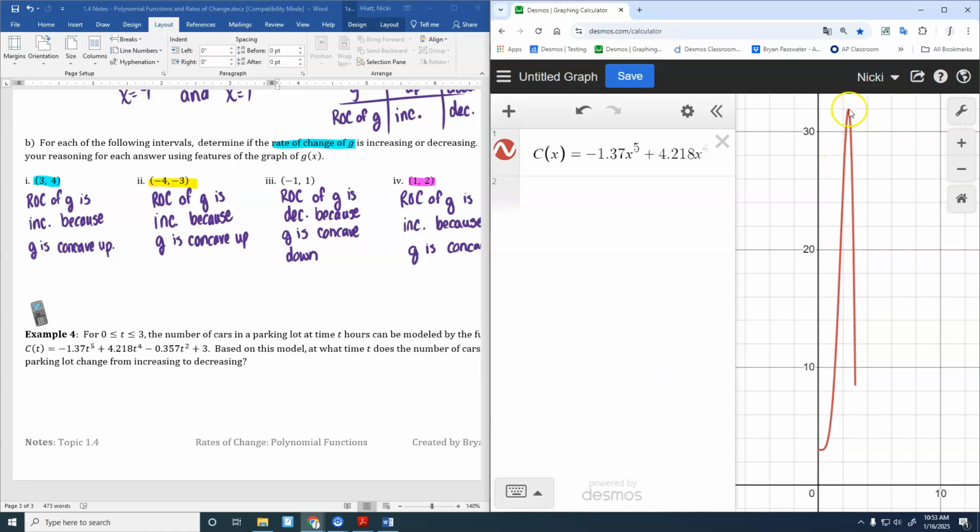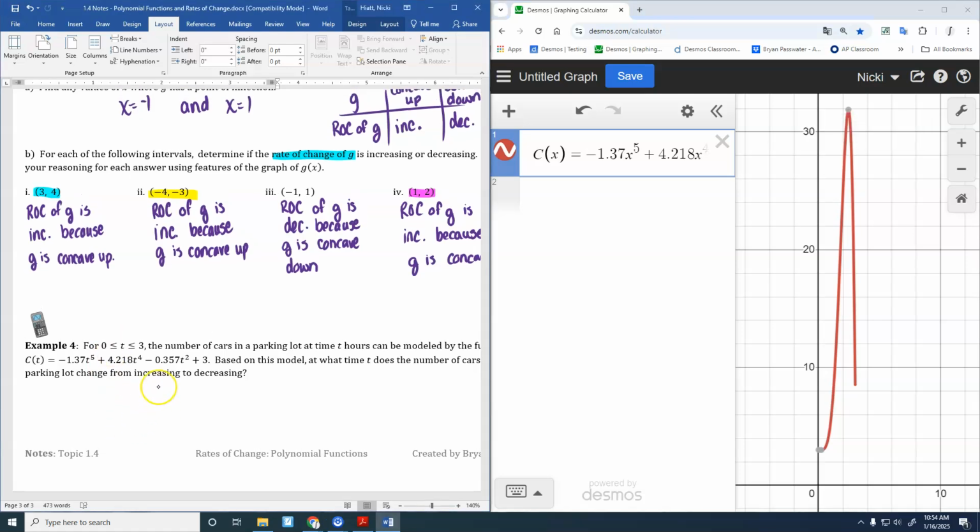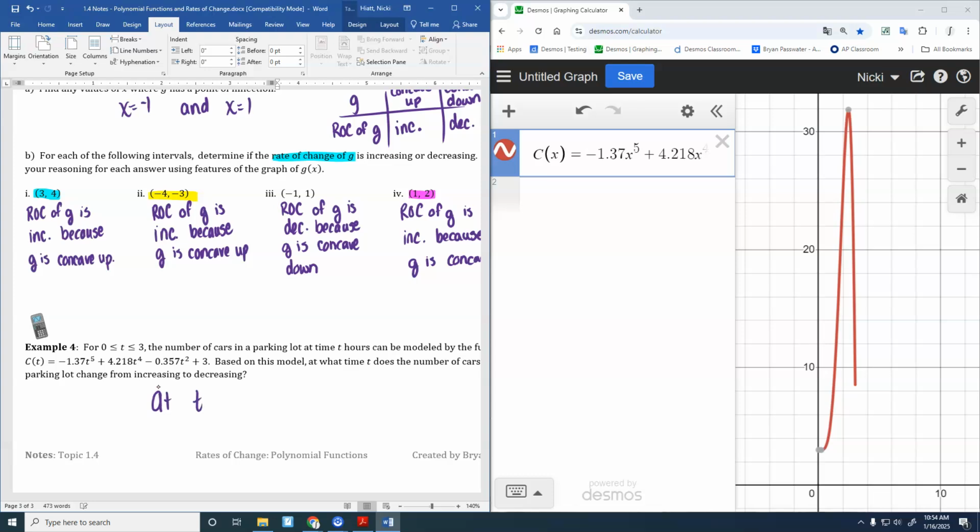One, probably a little past 1, right? It's here at that maximum point. And when it's Desmos, you can just click on it and point at it. So, oh, it's counting by 2s there. I said 1, but that is count by 2s, isn't it? So 2.44. Now it's asking for the time, not the number of cars. So we would say at t equals 2.44564